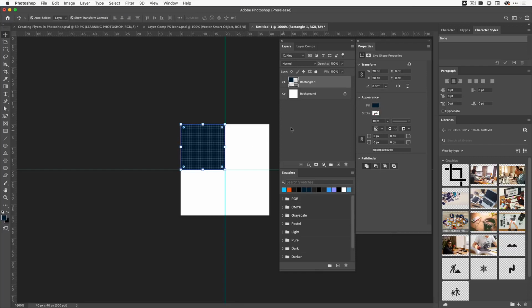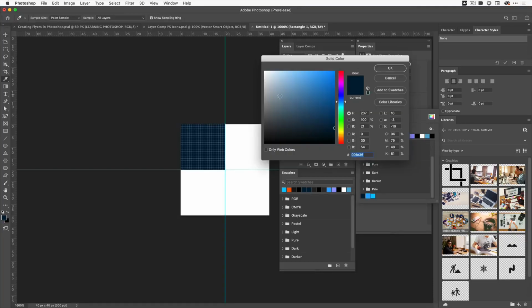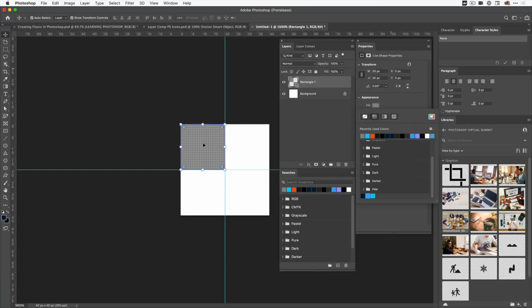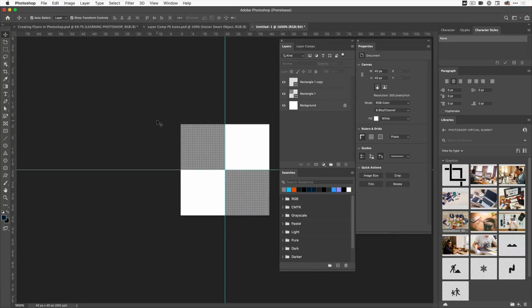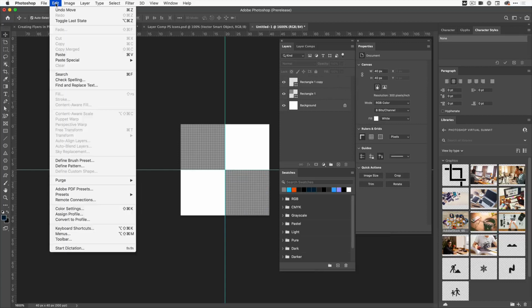Let's just place that there. We'll change that to a grey colour, and we will just come over to here, and let's just make that around about there. So we'll go for, yeah, that'll do, and we'll click OK. And all we're going to do is just hold the Option key down, the Alt Option key, and we're just going to drag that over into the bottom corner as well. So now we've got that, we can come up to Edit, and we can define as a